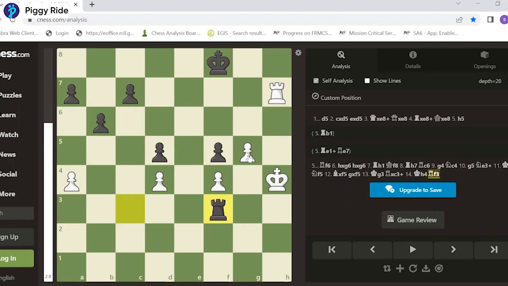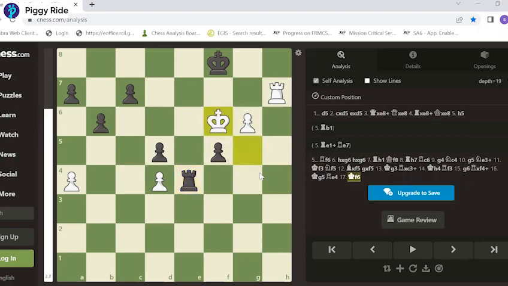Plays g6, and black plays rook takes f4 with check. White goes king to g5, and black goes rook to e4. And now white goes king to f6. This is a very typical idea that leverages the vulnerable placement of the black king. We have the white king on f6 and the black king on f8, and so rook h8 is a huge threat. Black has to go king to g8, check, king to h8, rook takes c7.